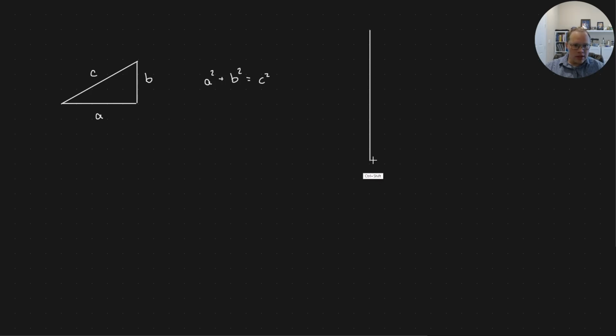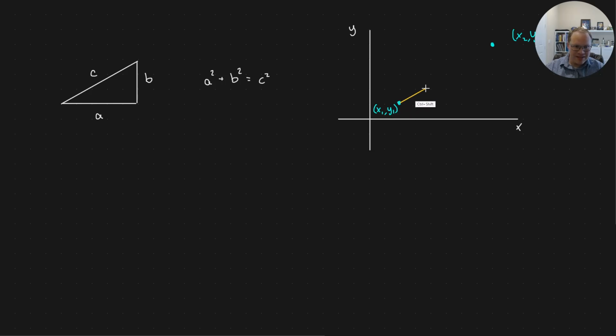One of the best known formulas in two-dimensional space is the Pythagorean theorem, which of course relates the sides of a triangle: a squared plus b squared equals c squared. And we can use this to find the distance between 2 points. If I have 1 point, x1, y1, and another point, x2, y2,